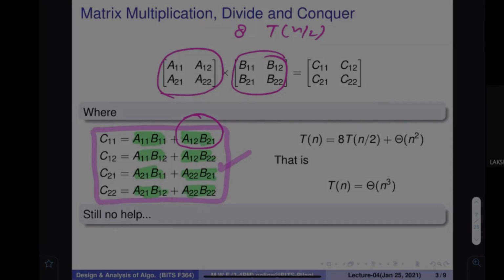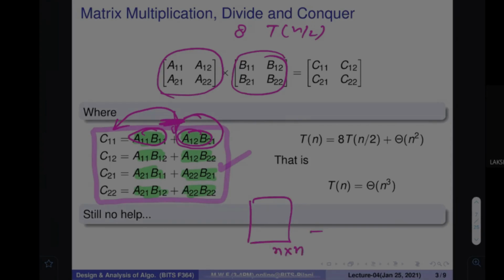However, to do this, what I wanted to tell is that after doing this computation, because this part you have to compute and this part you have to compute, then you have to find out the summation, and then only you can tell what is the value of C11. So this summation would take